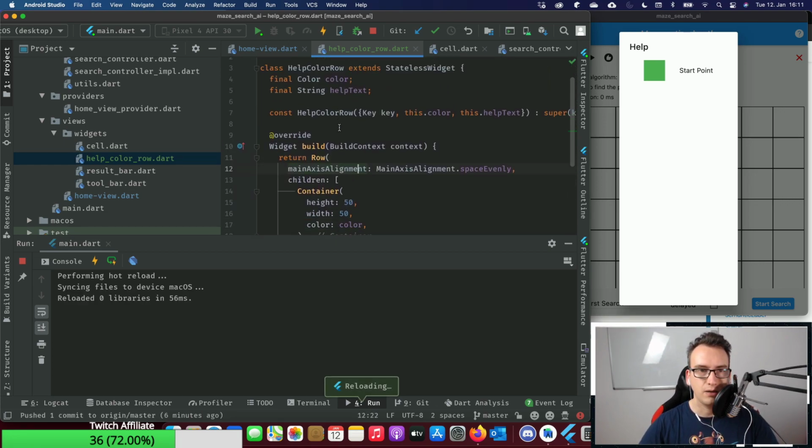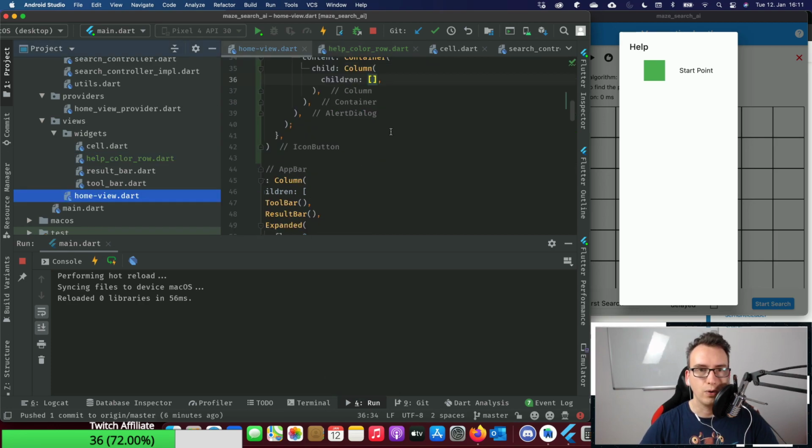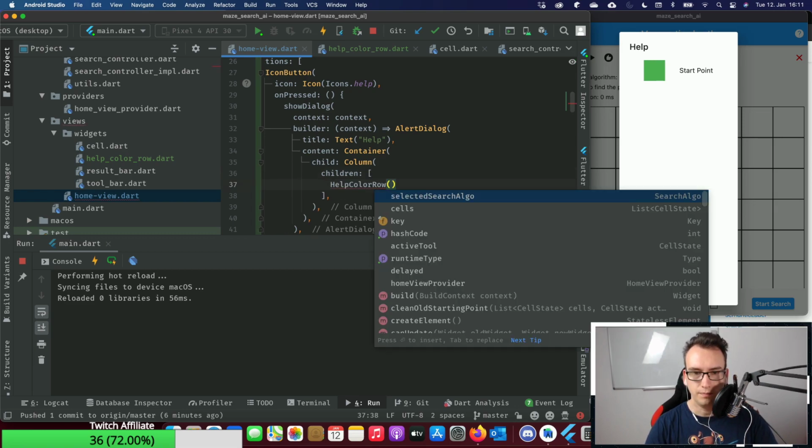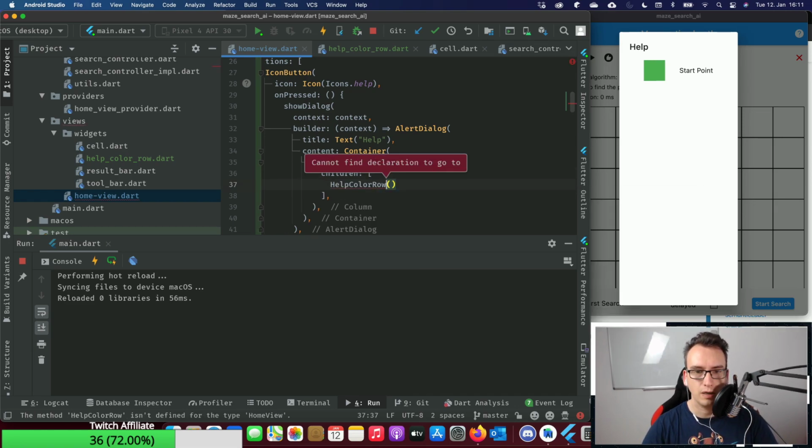And last but not least, we use this help row where it is necessary. So actually here. So we import the whole thing, and now we can use the constructors here. Like color is colors.green, and the text is start point.